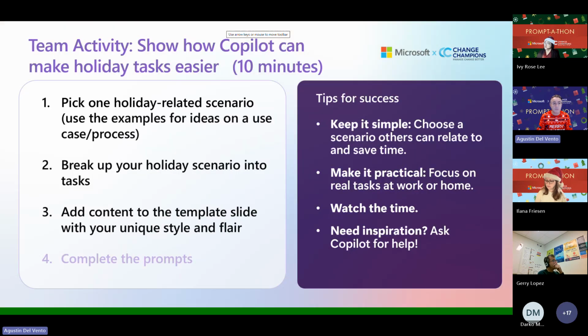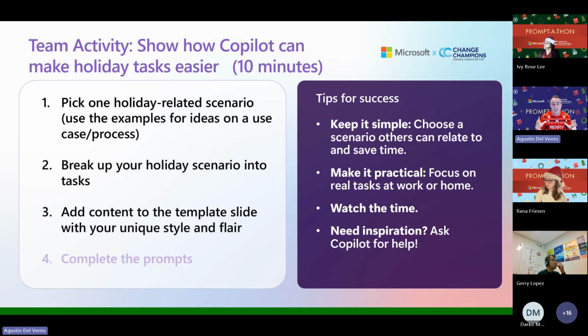having done that, now we want to jump into our team activity. Over the next 10 minutes, we're going to put you in breakout rooms, and we'll ask you to, together, think of a holiday scenario. This could be things like, I want to connect with my customers and do a recap on the wins of the year, and then maybe schedule another meeting in the first quarter of the year. Or I want to plan an event for my organization, or I want to have Copilot help me with a report of all our sales and marketing efforts. You name it, pick something generic and make it simple. We don't want too complicated scenarios because otherwise it'll be too complicated.